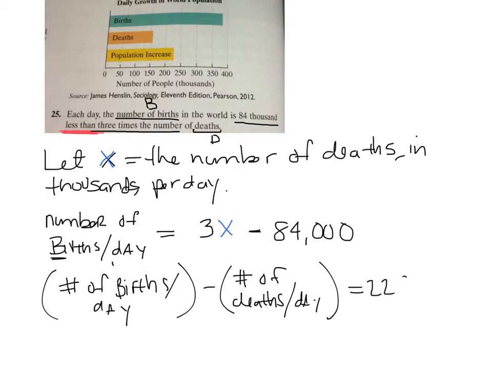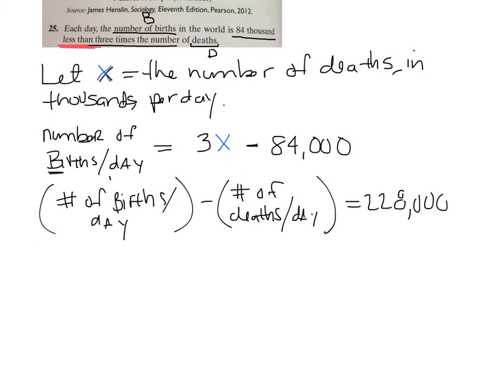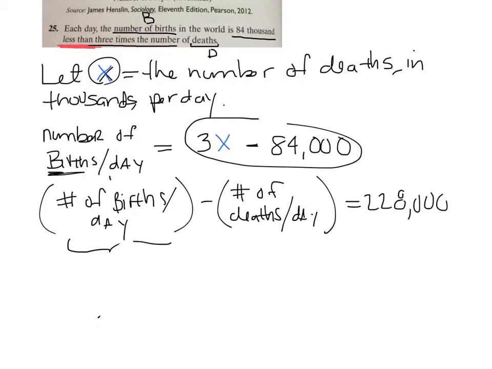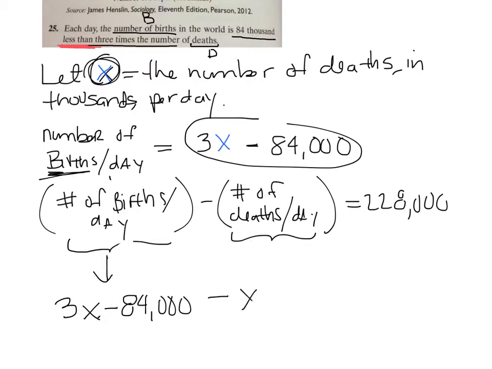And that's going to give us our 228,000. Okay, so let's substitute what we have. Well, the number of births per day, that we call that X, right? This guy right here. And then, actually no, the number of births per day is not X. The number of births per day is right here, right? Number of births. So that is 3x minus 84,000 minus, and then the number of deaths per day, well, that's what I called X, equals